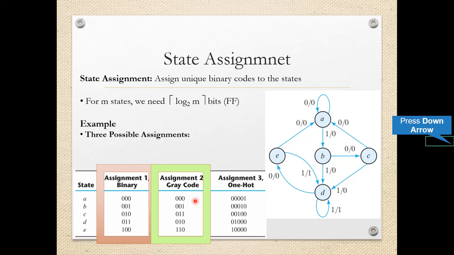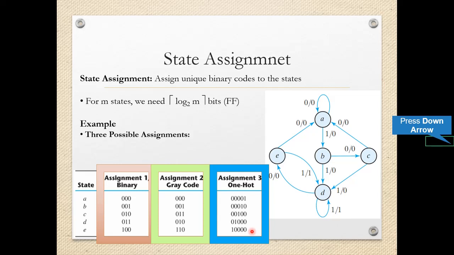The next possibility is one hot coding. One hot coding means that at a time only one bit will be logic 1, and that will successively move from LSB towards MSB. So the first code is 00001.